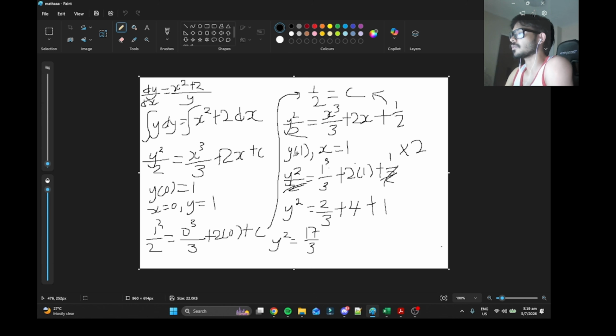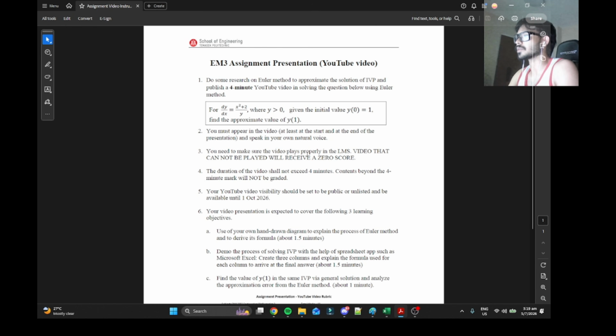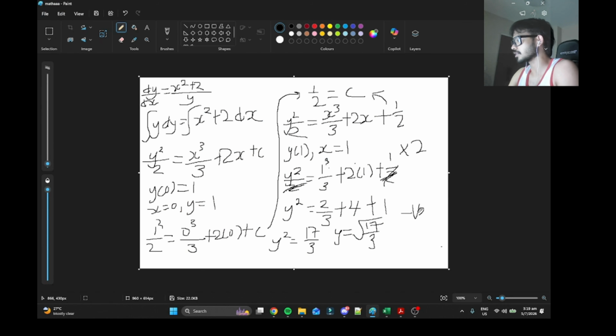Now they're asking for y(1), which means I have to sub 1 into x. So I will sub 1 into the new equation, which is y squared over 2, and I will multiply this whole equation by 2. Then I can cancel out these two, and multiply the remaining values. So I will get y squared equals 2 over 3 plus 4 plus 1, which equals 17 over 3. And then to remove the square, I will just square root this whole thing. Since they said that y must be greater than 0, I will reject the negative value and accept this value, which is